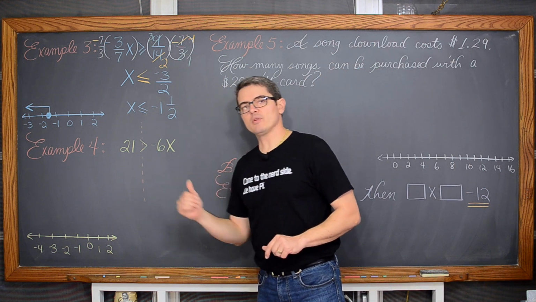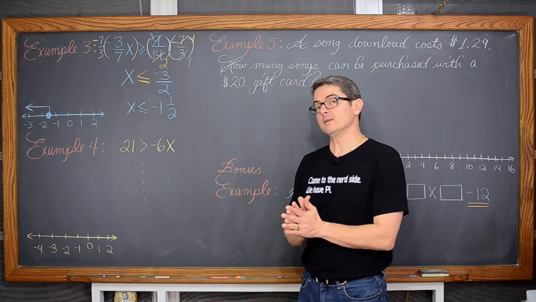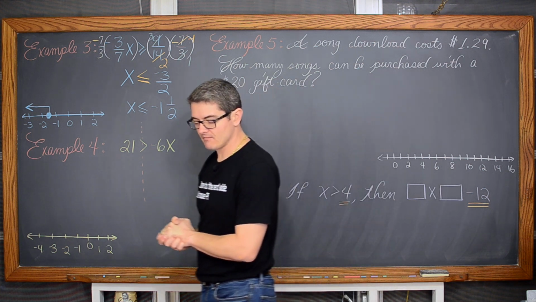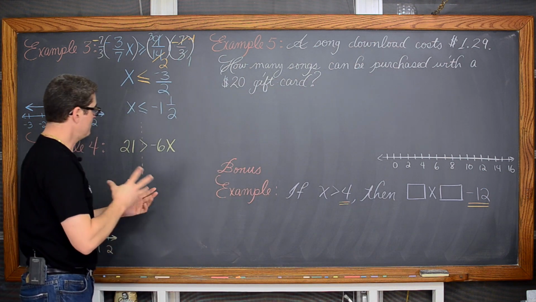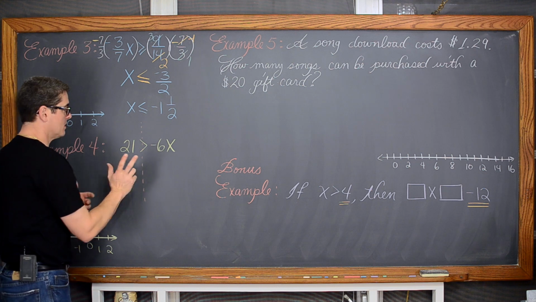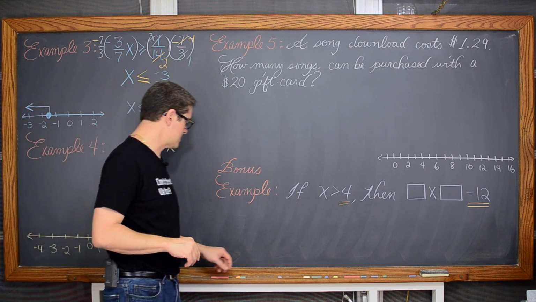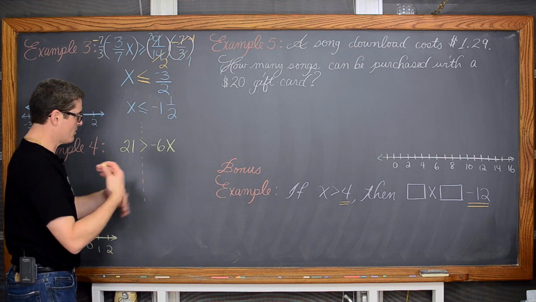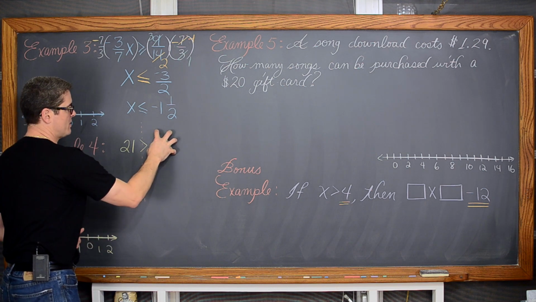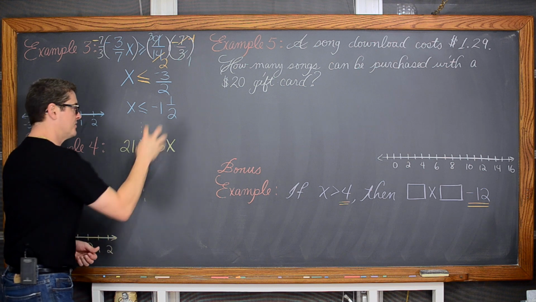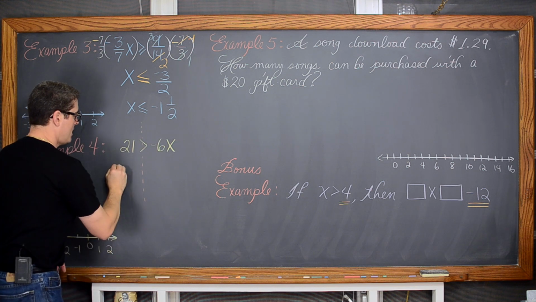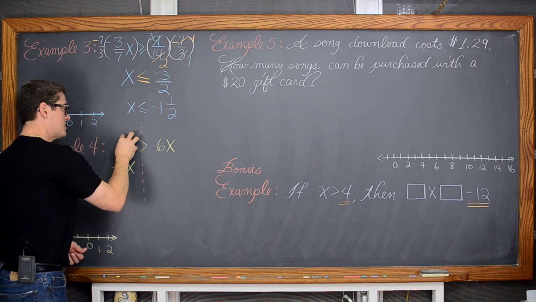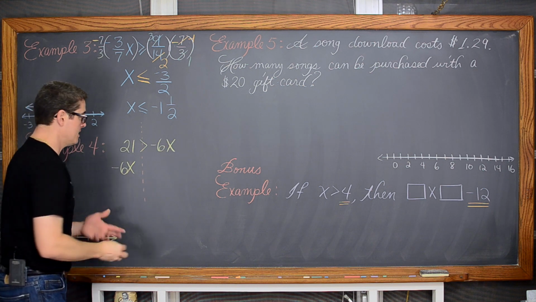Now here our variable is on the right-hand side. So you can leave the variable on the right-hand side, or if you feel comfortable with your variable always being on the left, you should practice it both ways, but you can rewrite this inequality flipping everything around and keeping it like a big stamp. Like there's a big old stamp that says negative 6x. Well, negative 6x is on the right. I want to write it on the left. And thus we're going to take the 21 and move it over to the right-hand side.